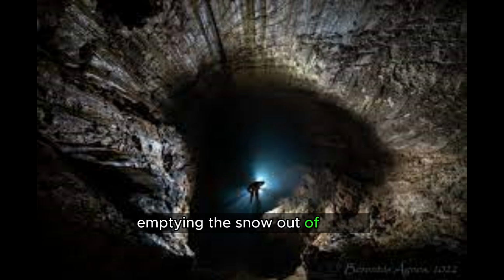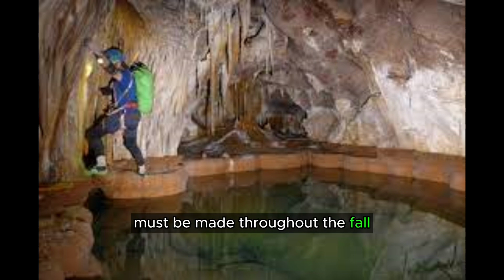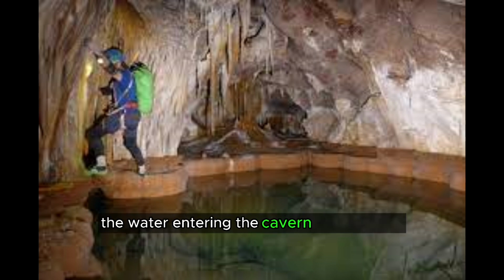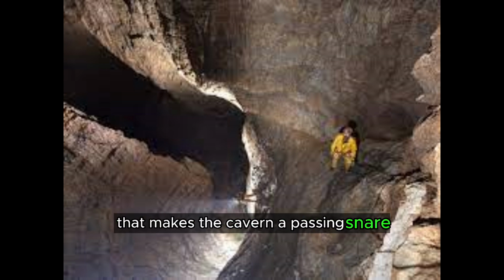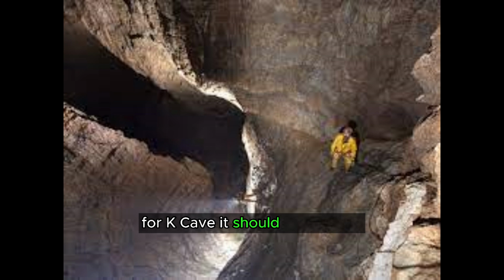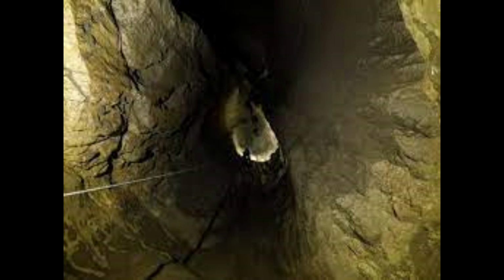Emptying the snow out, investigation of the cavern must be made throughout the fall because of the outrageous risk of water filling up inside the cavern. The water entering the cavern moves quick, making an ebb and flow that makes the cavern a deadly trap for cave jumping. Regardless of whether you are in fact gifted from a carefully prepared caver's perspective, it should be